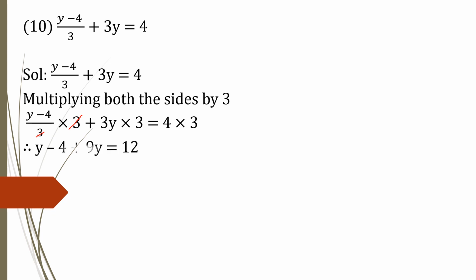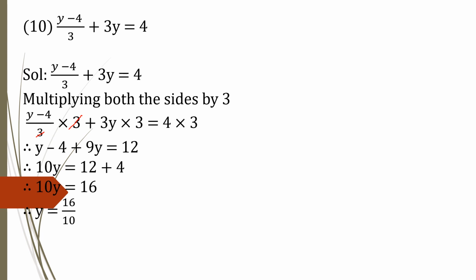So next step we'll write down. Therefore y minus 4 plus 3y into 3, that is 9y, equal to 4 3s are 12. Now we'll add the variables y plus 9y. So next step you'll get, therefore 10y equal to 12, and this minus 4 will go to the right hand side, so it will become plus 4. So we'll get 10y equal to 12 plus 4. So let's solve further. Therefore 10y equal to 16. Therefore y equal to 16 upon 10.